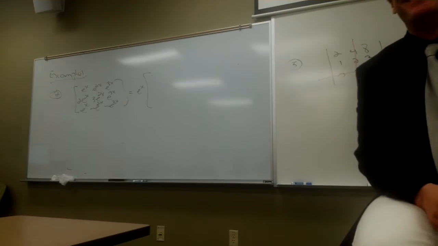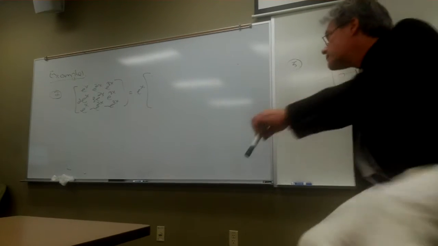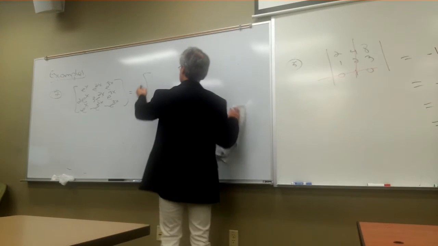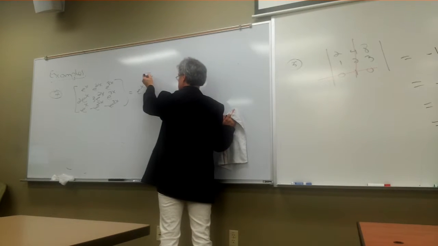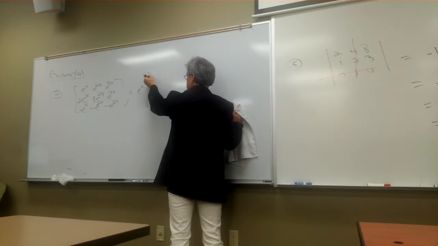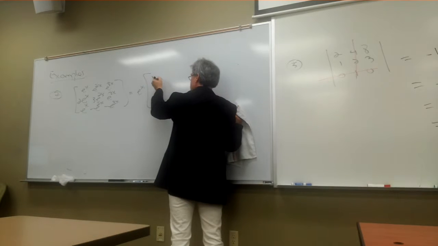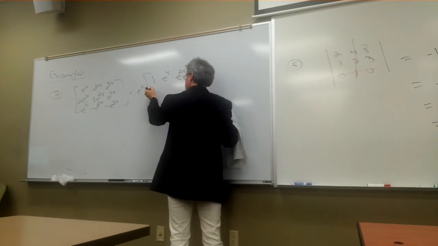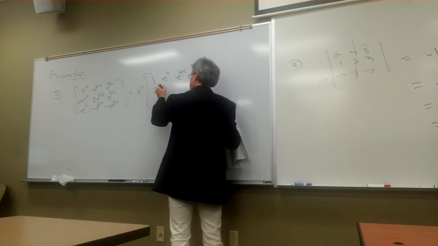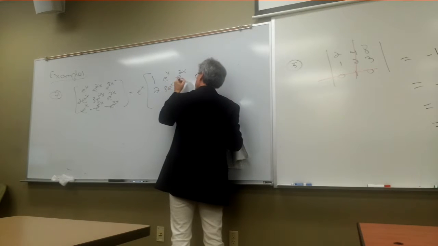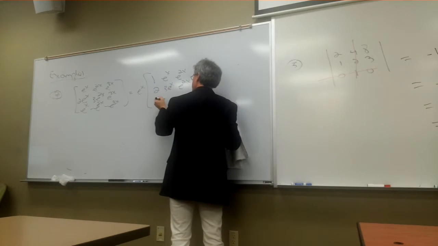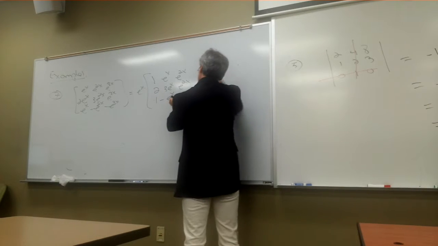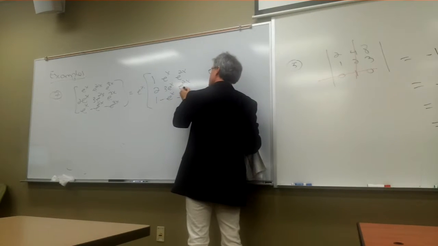So you have an entire row multiplied by e to the x. And if we factor a single row out, we can say something about the resultant determinant. And what is it? That is multiplied by whatever factor. 1, e to the x, e to the 2x. 2, 3e to the x, and e to the 2x. And we got 1, negative e to the x, and negative e to the 3x. But it's not a determinant, is it? It's a matrix. If it were a determinant,